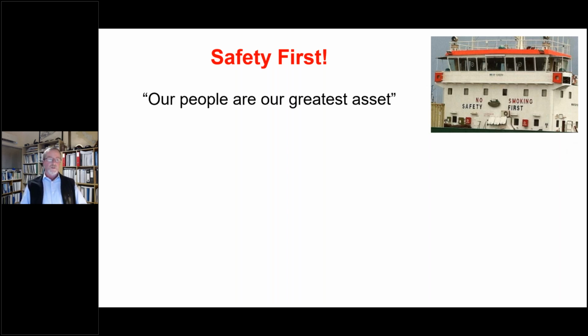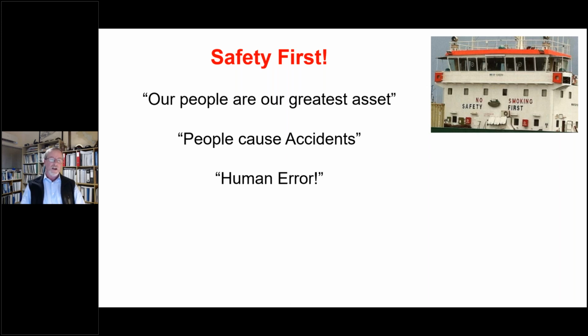So we normally start off with a statement: people are our greatest assets, and that's great. And then somebody will come along and say, people cause accidents. It's all about human error. And then we get the statement somewhere